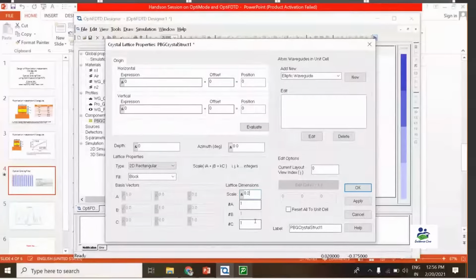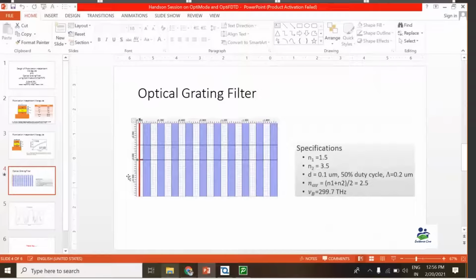Next we have hash A and hash C. So these two parameters are basically used to represent X and Z direction. Okay, so in OptiFDTD this represents X and this represents the Z direction. Okay, and Y is perpendicular to our screen.